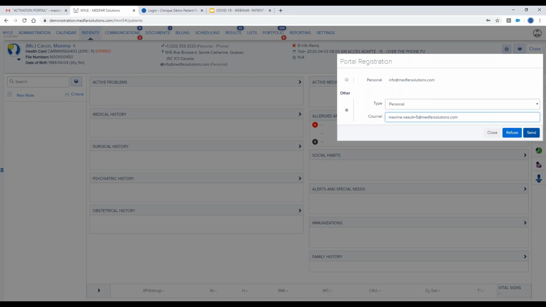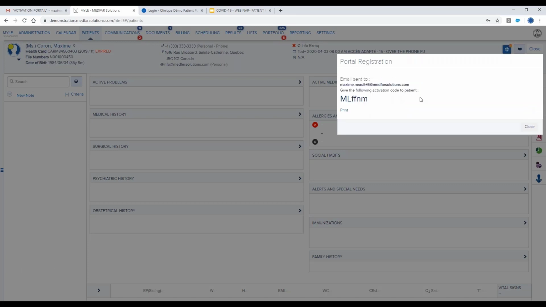From that point on, I can, of course, send the invite, as we'll do, or I could also refuse. You can refuse the access for some patients for some reasons to the patient portal. In my case, I'm going to click on send. Doing that, an email has been sent to my email, and there's an important activation code here